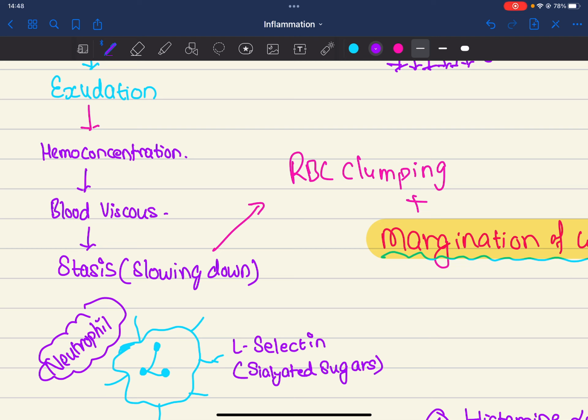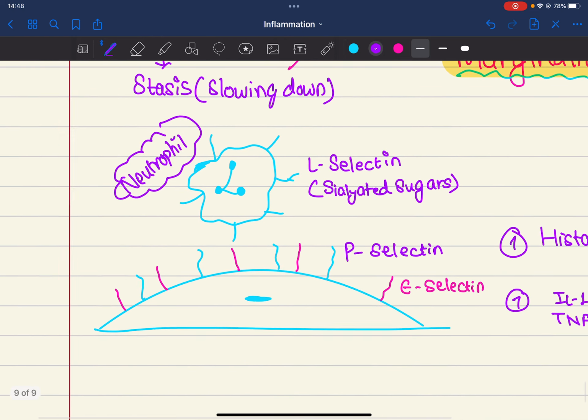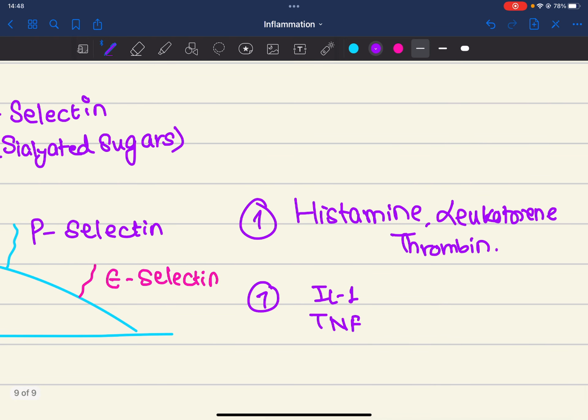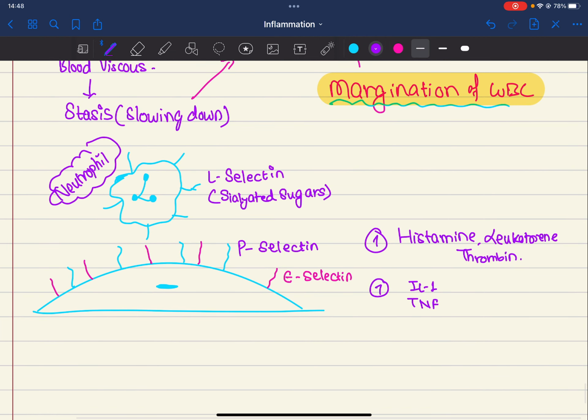So WBCs came, especially neutrophils, and they developed L-selectins. The endothelium also developed P-selectin due to histamine, leukotrienes, and thromboxanes. Histamine is released by mast cells. These cells developed P-selectins and L-selectins, and now the WBC rolls upon the endothelium, because this selectin interaction is